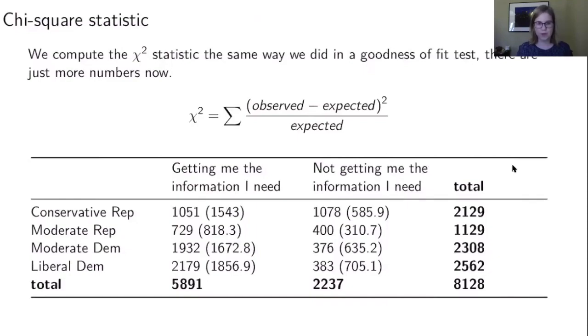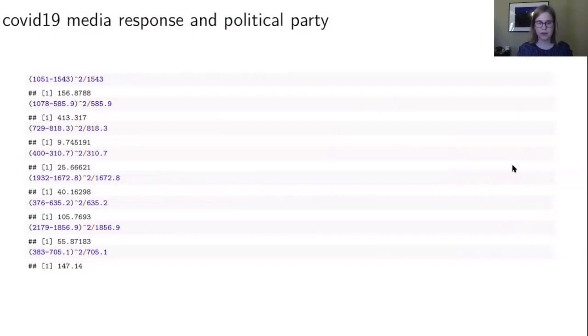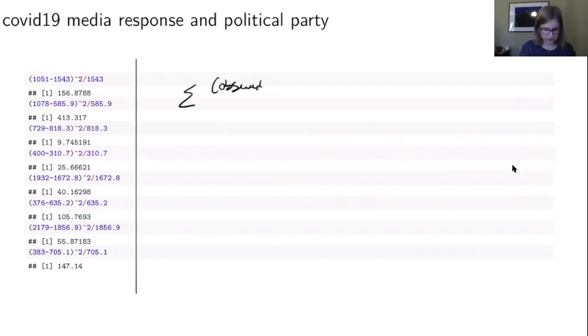So once we have the observed and the expected counts, then we're going to compute the chi-squared statistic just the same way we did for the goodness of fit test. There's going to be more numbers here. So now I'm going to have 8 things that I need to add together instead of just a couple. So to save some of that arithmetic, I've done the observed minus expected squared over the expected using R, and that's what I've got over here. And then I can just say I'm going to do the sum of the observed minus expected squared over the expected, which in this case is going to be